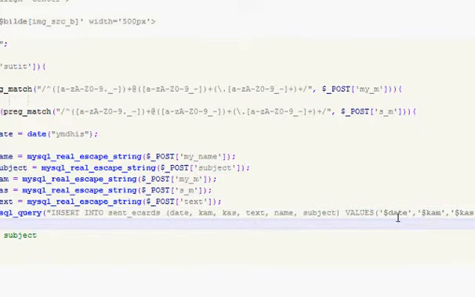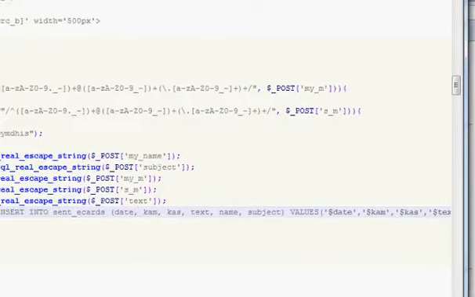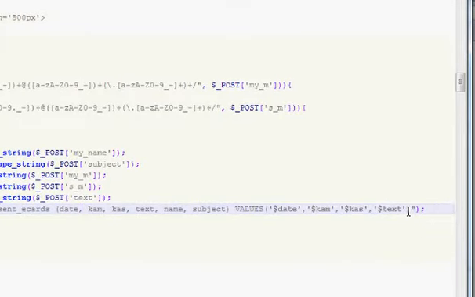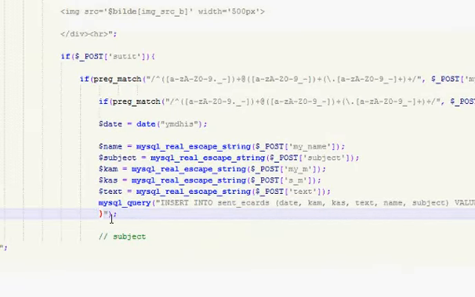There are different methods where you just write values, and if you change the table, it will break. So I suggest you use this method. You first write into which columns, and then write which values. Or just click enter, so it's a new line. Alright, so it was name, and it was subject. So my name and subject.